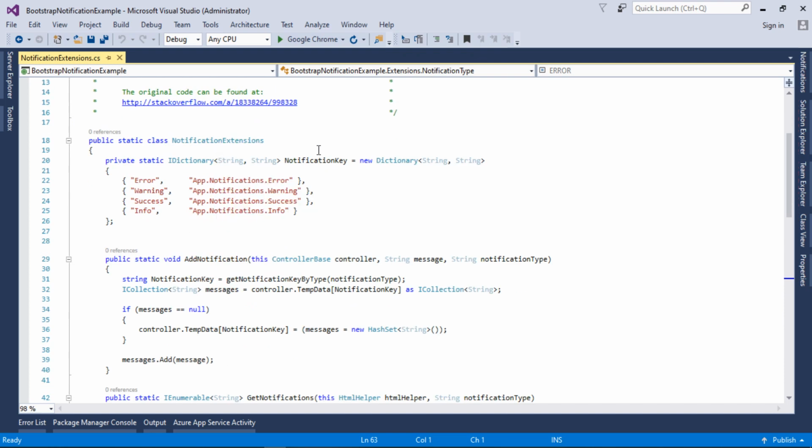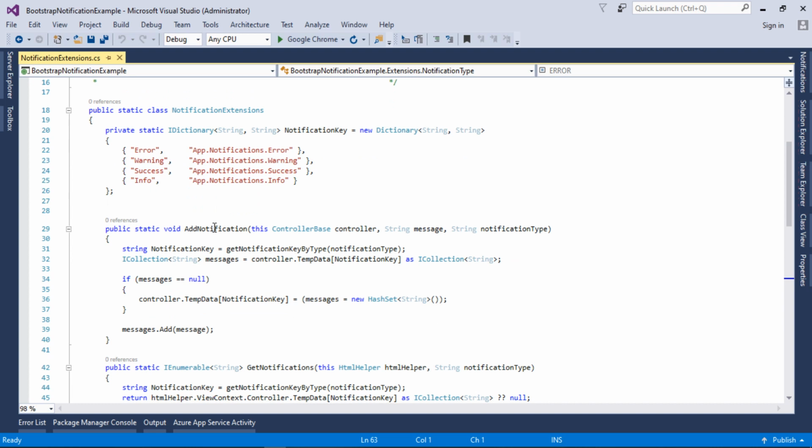As you can see here, this is the add notification method which is mostly used in our project. We will use this in our controller, and by this method we will pass the message and notification type in the controller. As you can see, this is the controller base. The this keyword is used to extend the method for the controller.